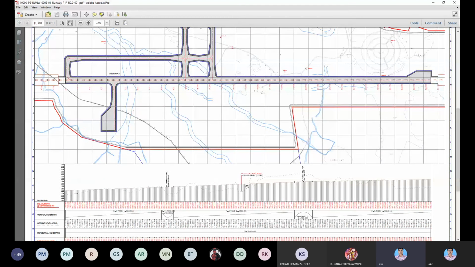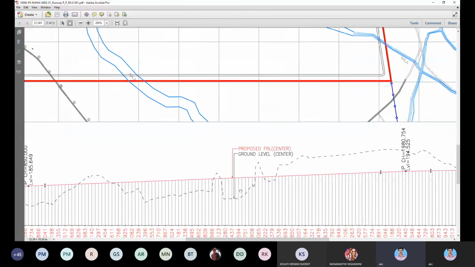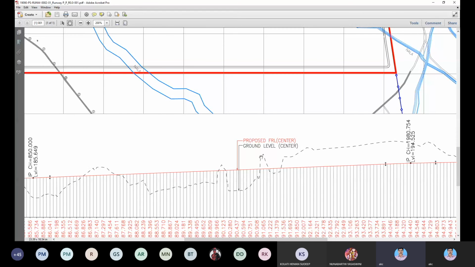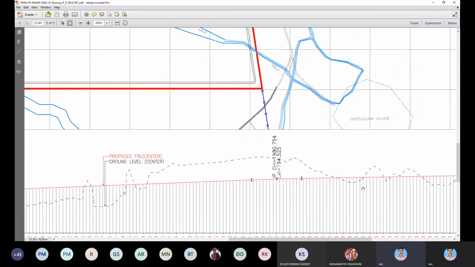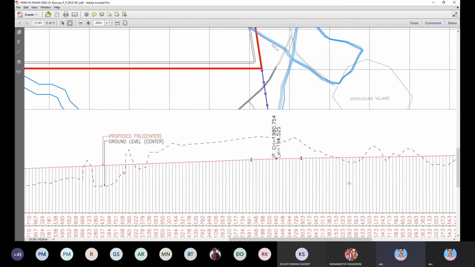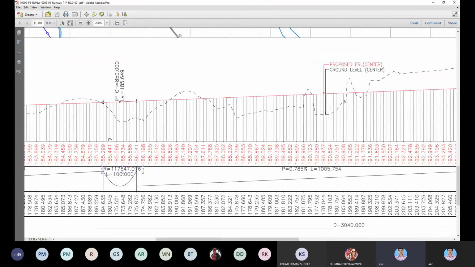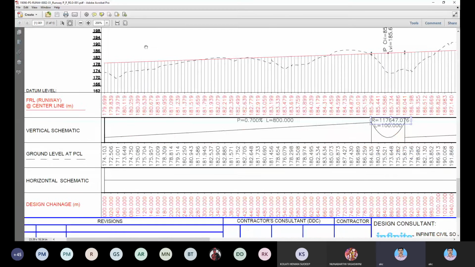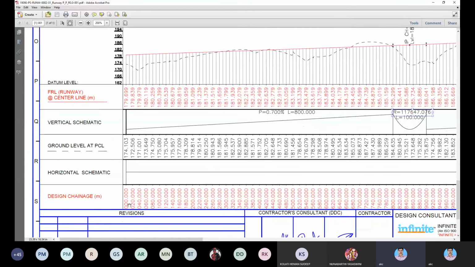Okay. Now if I zoom it more, this black dash is what you see. It's actually the ground level. See how the ground is undulating. So that means to draw this, they did a leveling survey at every interval of what? Now let me come back to this one. This is the chainage: 0, 20, 40. Every 20 meters they have taken levels, so 0, 20, 40, 60. At every one of these they have taken the ground levels and then drawn this profile.